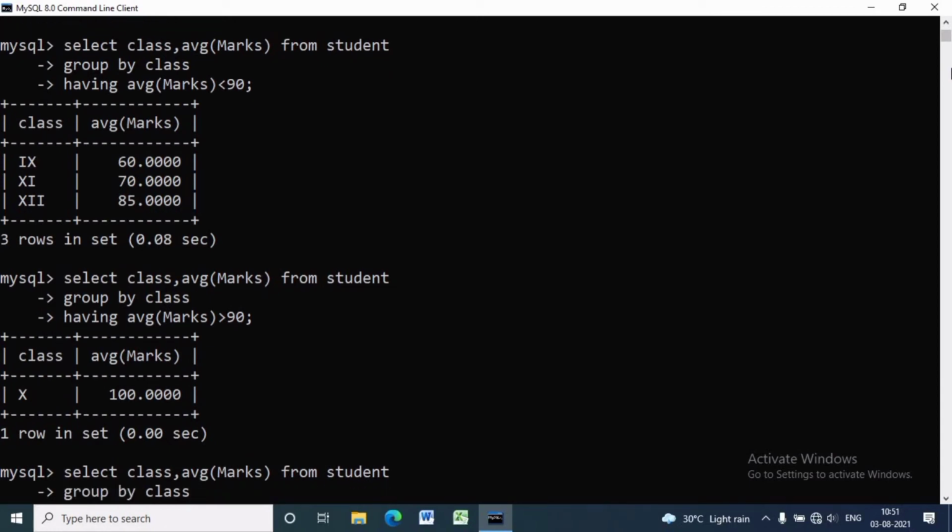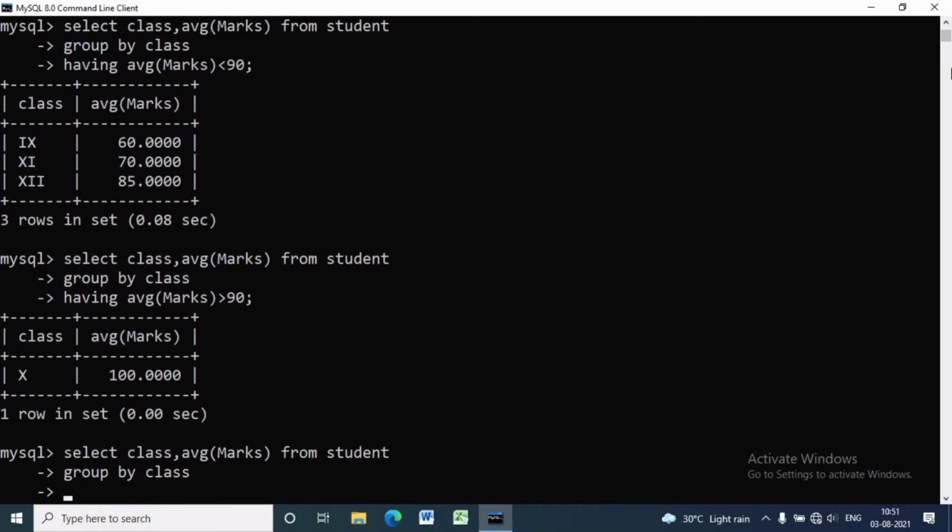HAVING clause will help us to find the toppers class-wise. SELECT class, AVG(marks) FROM student GROUP BY class HAVING COUNT(*) = 2 will give us one record, which is class 12th, because it has 2 students.